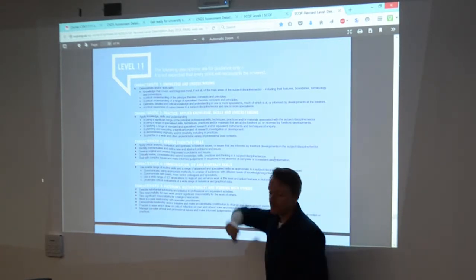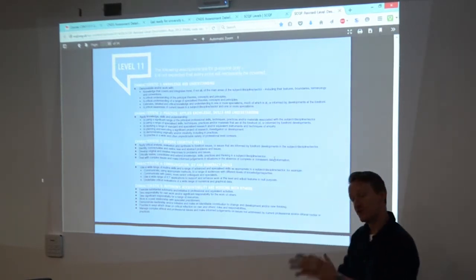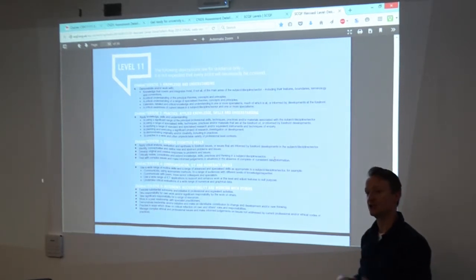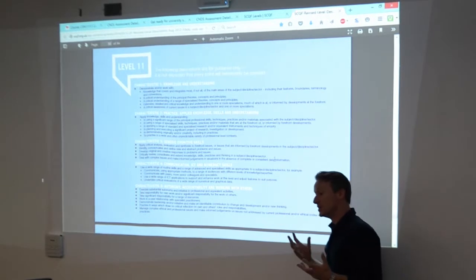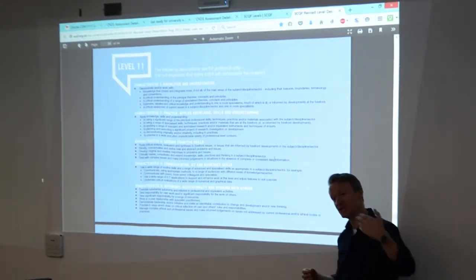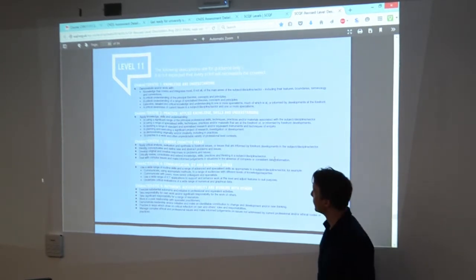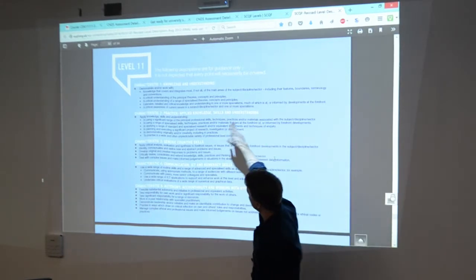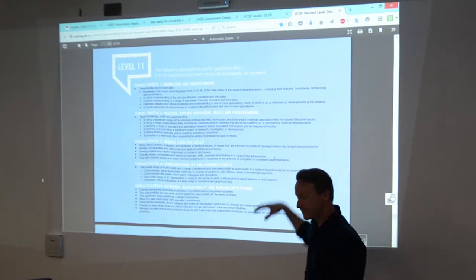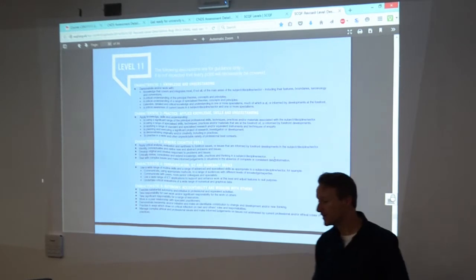So for your master's project, you're hoping you focus in on one area and become a real master in that area, and at the level where you're looking at analysis and evaluation, you're looking at synthesizing things together, being able to apply things and then evaluate them against other work and against the aims of what you've tried to do in the first place. Okay, so you can have a look through those, and there's some good ones there about applied stuff as well at this level. So definitely at some point have a look at these things, and again come back to it. Make sure you're thinking at the right sort of level.